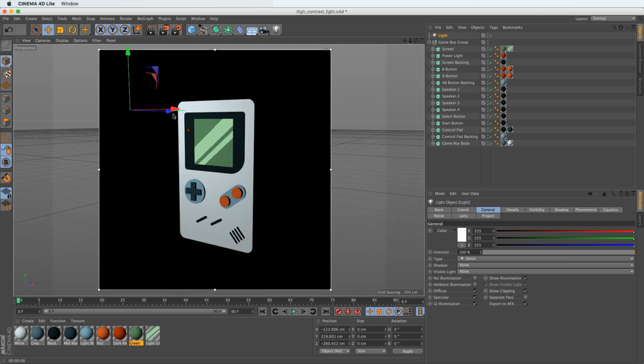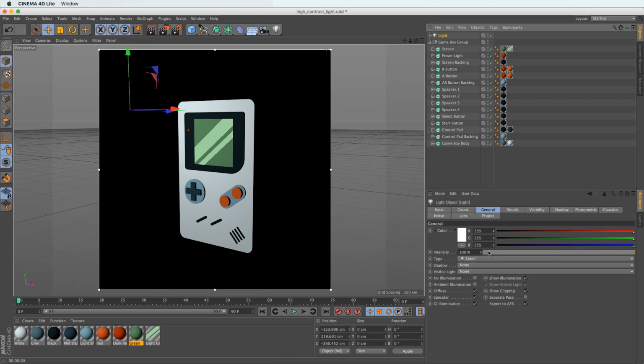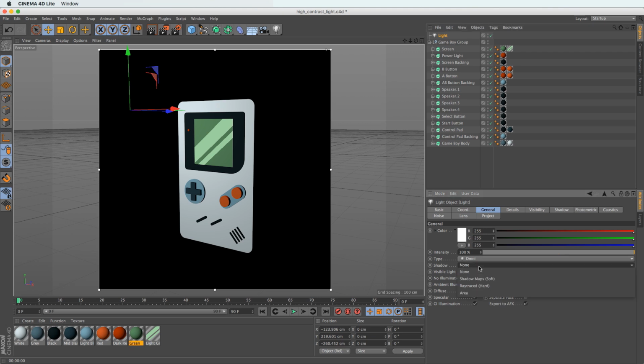So you can see our light is, again, casting light as it does. And you can see this gradation from where the light is up here to the bottom here. It's kind of casting a brighter specular here and kind of falls off here. So what we want to do is get rid of that altogether. We want flat shading. So the first thing I actually want to do with this light is turn on some